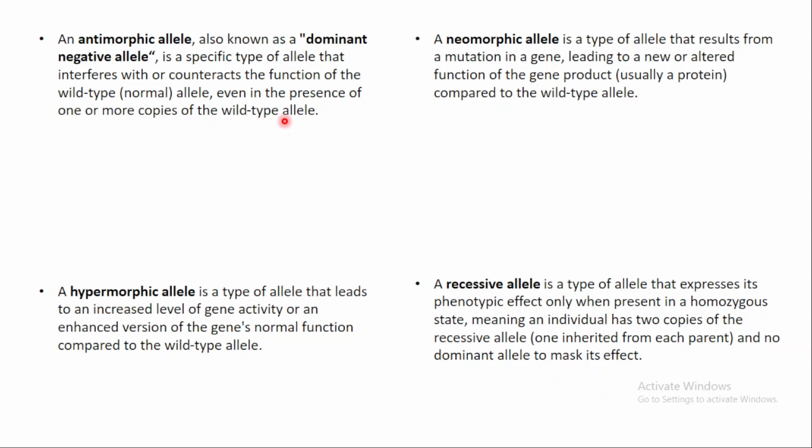So dominant negative, just two words, antimorphic. Anti means against it. Dominant means it can override the effect of wild type, so it can dominate over the wild type gene, and it is a negative allele. It produces a negative effect. It counteracts the function of wild type even in the presence of one or more copies of the wild type. So this is an antimorphic allele. It will be dominant and it will have a negative effect. Then a hypermorphic allele,